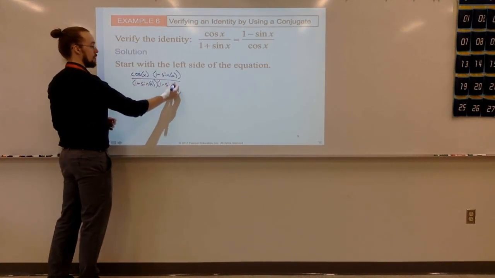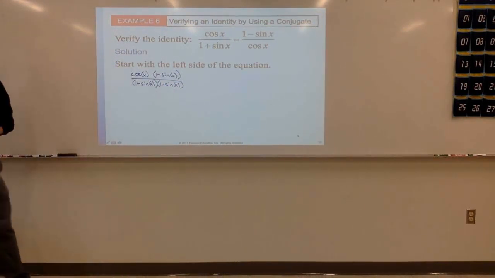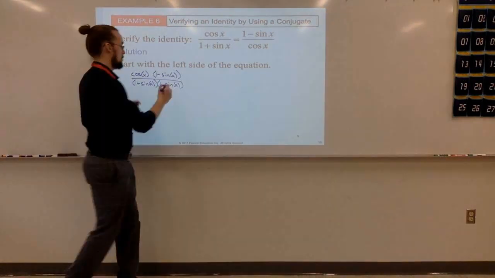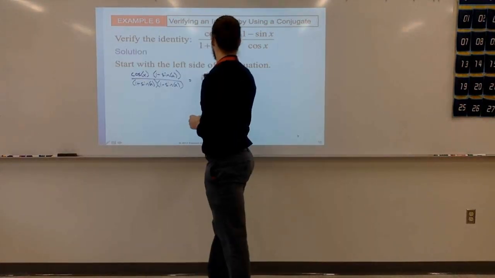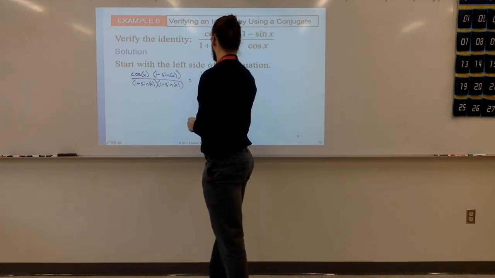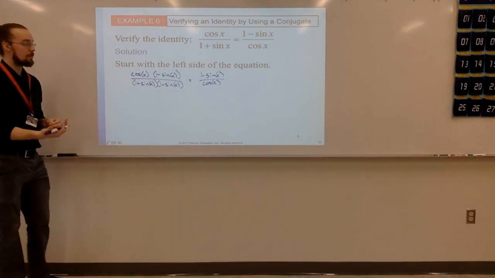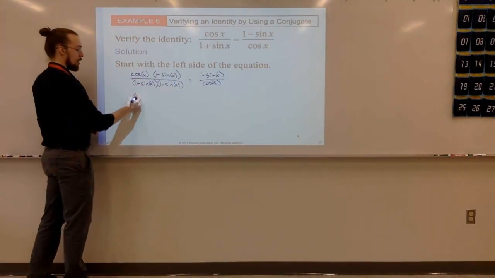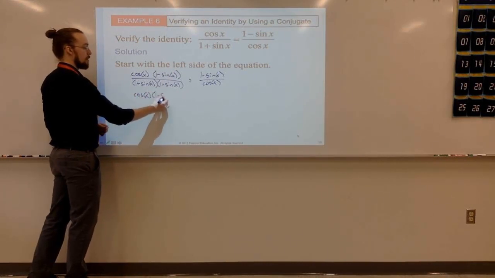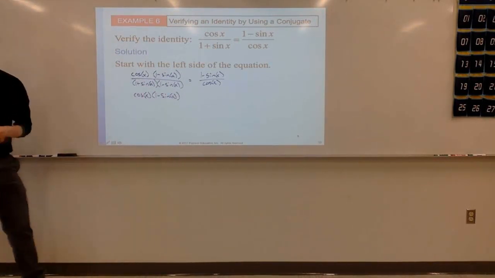The reason that we do that, so I'll write this one out as well, is when I multiply out this denominator, I'm going to leave the numerator factored. So cosine times 1 minus sine. When I multiply out the denominator here,